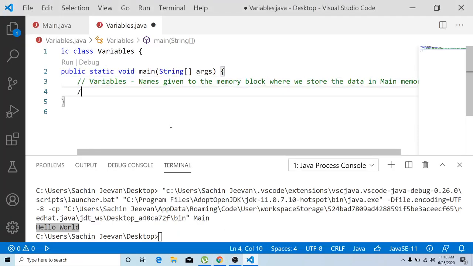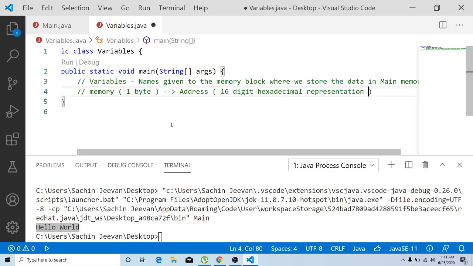Whenever you want to store data in a memory block, every memory block, a single memory block, is like 1 byte. 1 byte of memory is called a single memory block, and every memory block will have an address, and that memory address is in the form of a 16-digit hexadecimal representation.